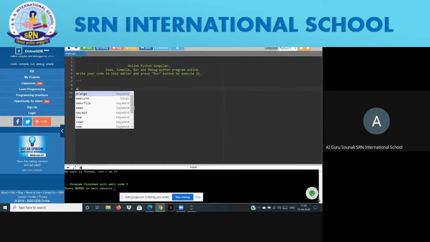Again define a variable x, equal, I will give a third bracket. So for a list we have to use this third bracket. Within this third bracket I will open double inverted commas and I am writing suppose apple,